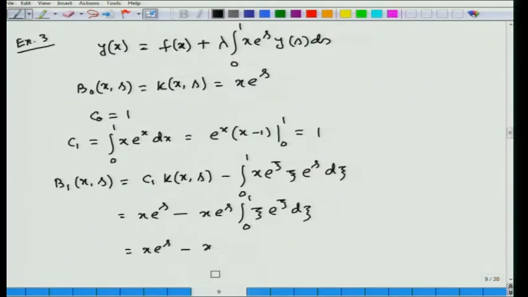So, that means this is identically equal to 0. So, b1(x,s) is equal to 0, and therefore, c2 is equal to 0,